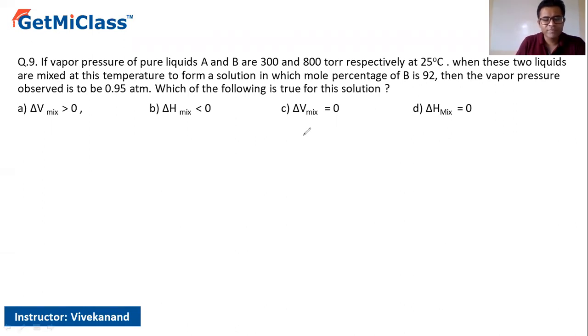Option A, delta V of mixing is greater than 0. Option B, delta H of mixing is lesser than 0. Option C, delta V of mixing is equal to 0. And D, delta H of mixing is equal to 0. Okay. Now, let's take all the details which they have mentioned. So the given details are: